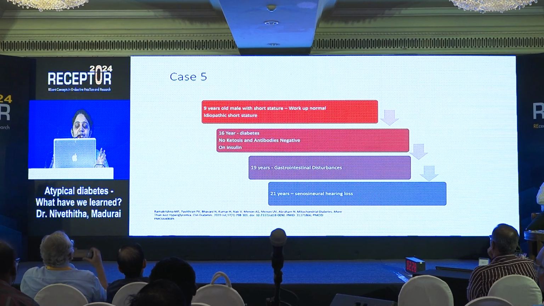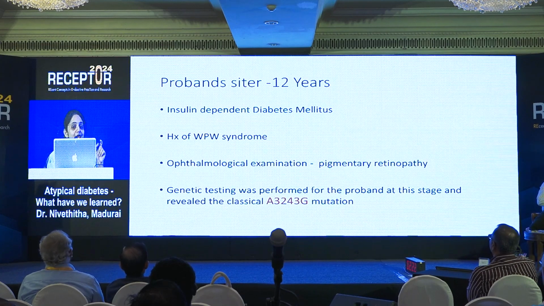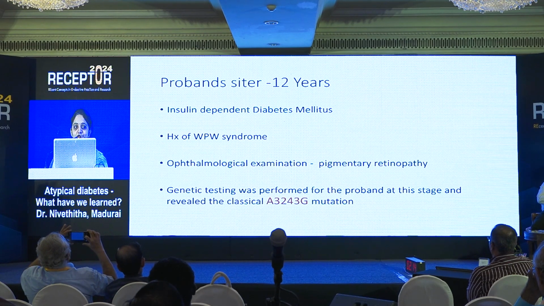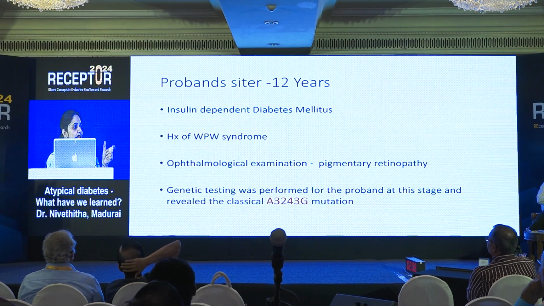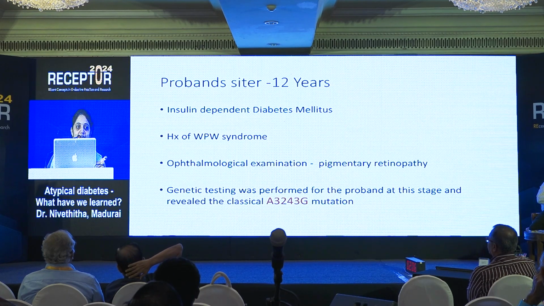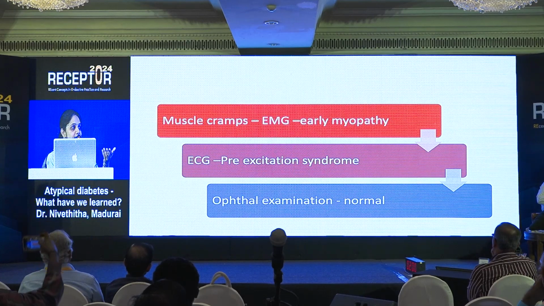So it was all some random presentation, but we should not miss out on what we are missing. How this was picked up: he had a sister who developed diabetes and Wolff-Parkinson-White syndrome. After the examination, she had pigmentary retinopathy, that is retinitis pigmentosa. From cardiology, they had sent a genetic test, and she had a mutation which is very specific for mitochondrial diabetes. Only that gave a clue for this presentation, because later on he developed muscle cramps, pre-excitation